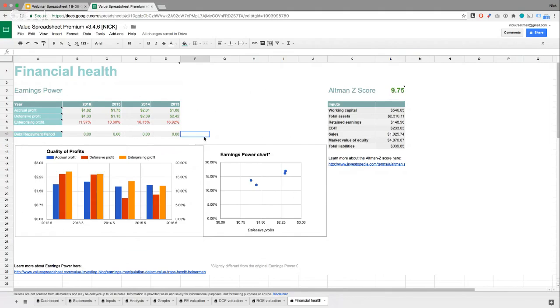And then the debt repayment period is an interesting one because everyone always looks at the debt to equity ratio, but this actually measures how many years it takes to pay off all the debt with free cash flow. In this case, they have no debt, so it's all zero. Hewitt Heiserman, the person who wrote this book, is